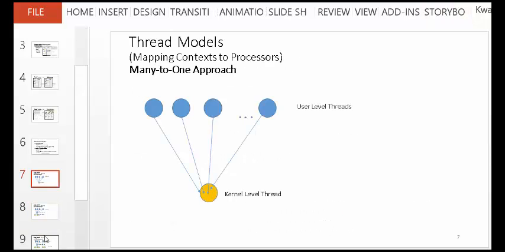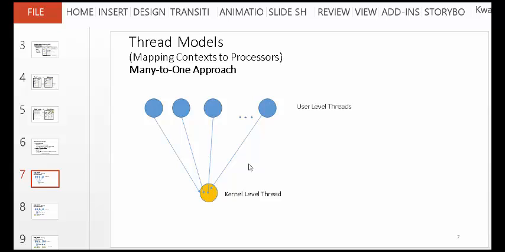Right. Now, in order to implement, there are a few ways to do this. One is you can have a many-to-one approach. That is, the kernel can be there, and as different things are coming up, I left something out. As different threads require, the users will be saying, I want to run a thread, I want to run a thread. All that the kernel will be doing is, it will have a few kernel threads, and then it will be swapping out the contents. It's almost like when you do execlp, replacing one content with another. But I'll just be swapping the different user threads.